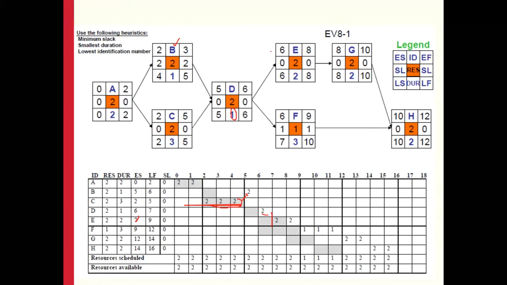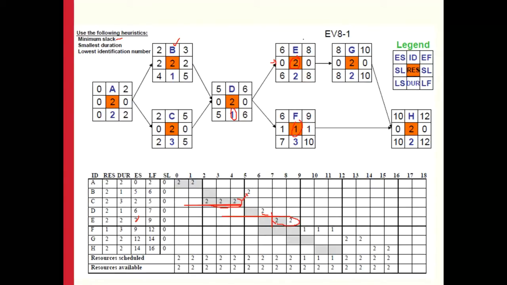So we have to see which activities we would prioritize, because activity E requires 2 resources and activity F requires 1 resource. Now, we always give preference to the activities having a minimum slack, which in this case is activity E. So we have decided to work on E first,